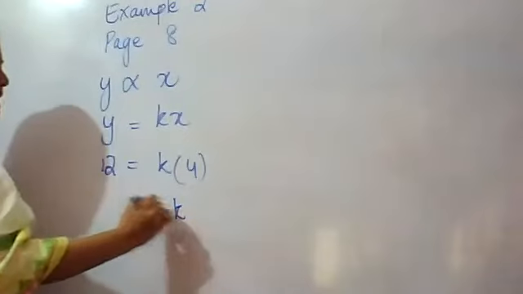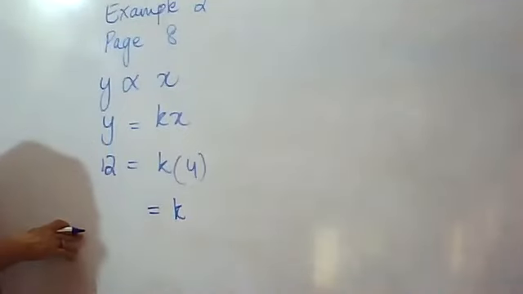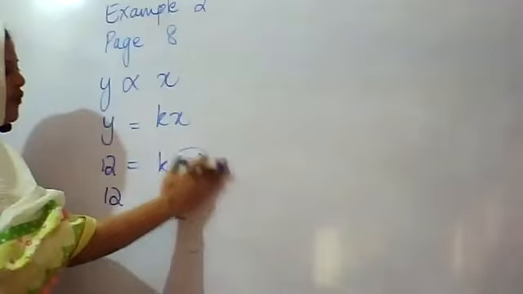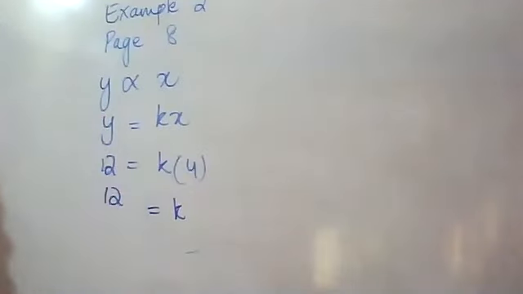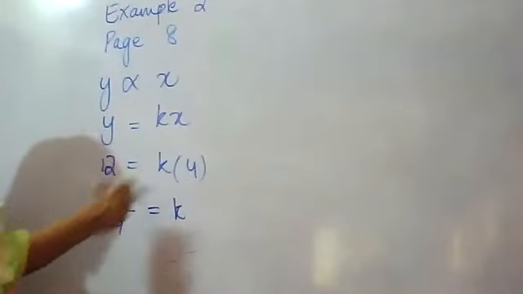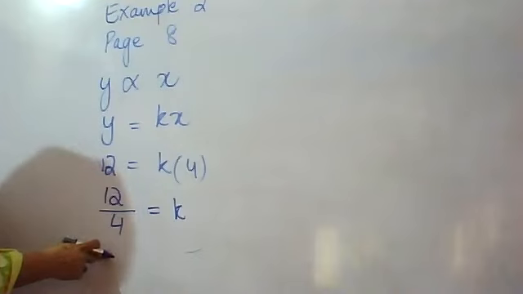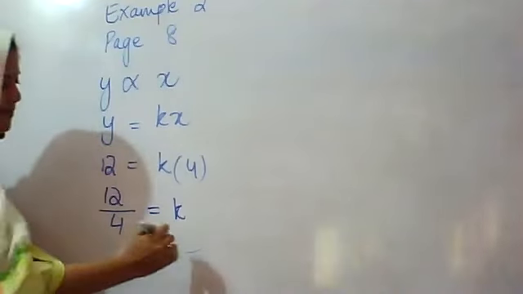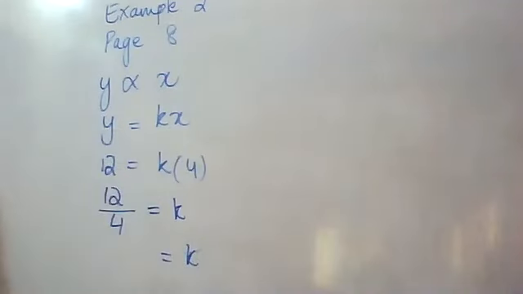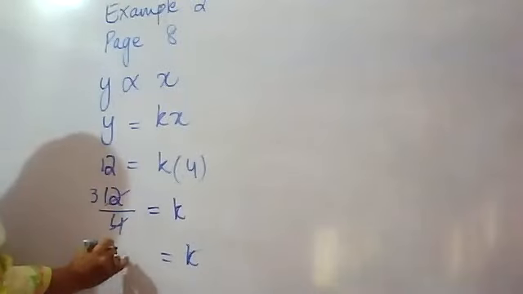Miss, we will take 4 to the other side. Perfect. And what will it become? 12 is going to be here. What will 4 do when it goes to the other side of the equality? Divide. Because it is multiplying here, it becomes the opposite when it goes to the other side. It will divide. K is equal to what? 3. Perfect. 4 ones are 4, 4 threes are 12.